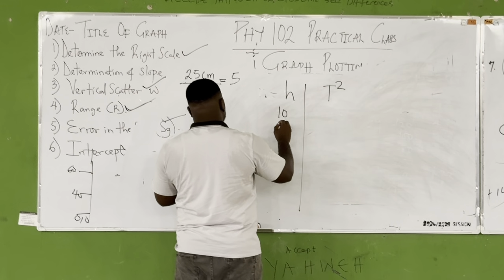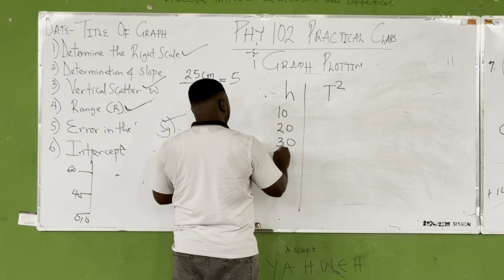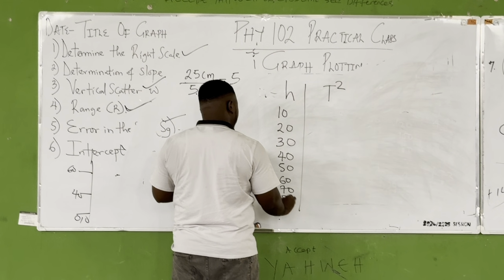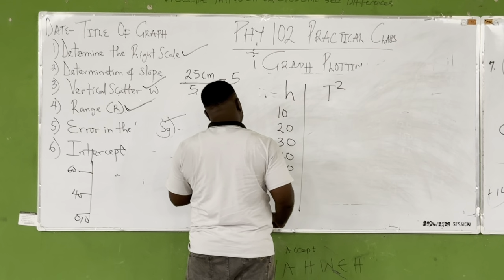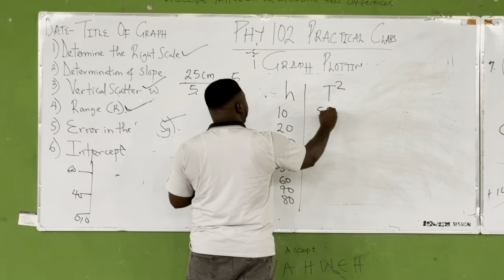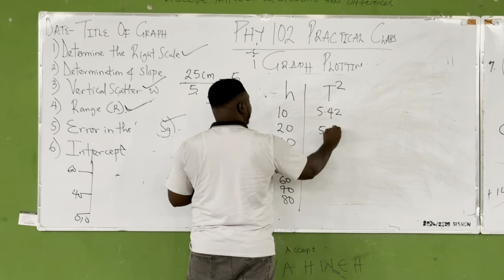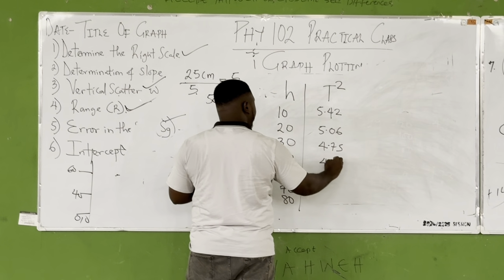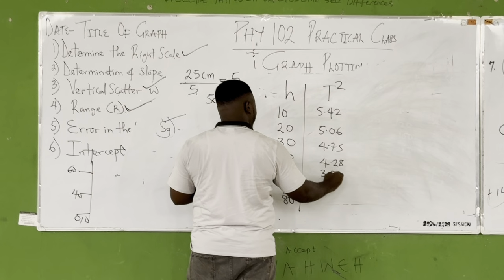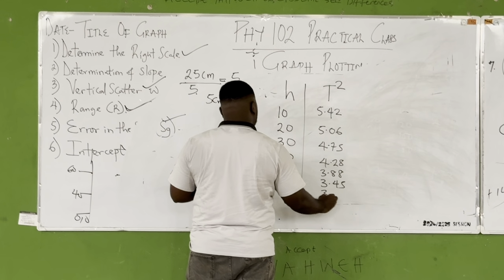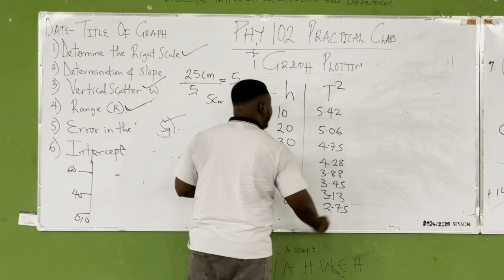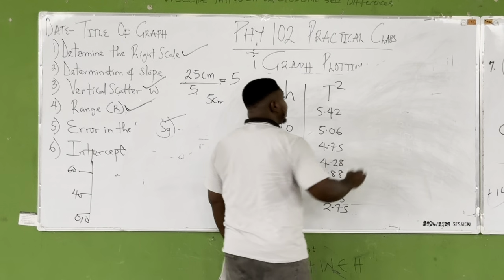H is 10, 20, 30, 40, 50, 60, 70, 80. And T square is 5.42, 5.06, 4.75, 4.28, 3.88, 3.45, 3.13, and 2.75. So class, plot a graph